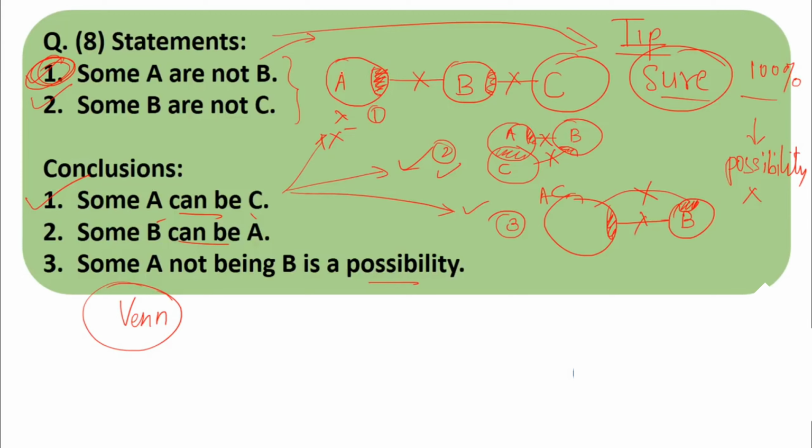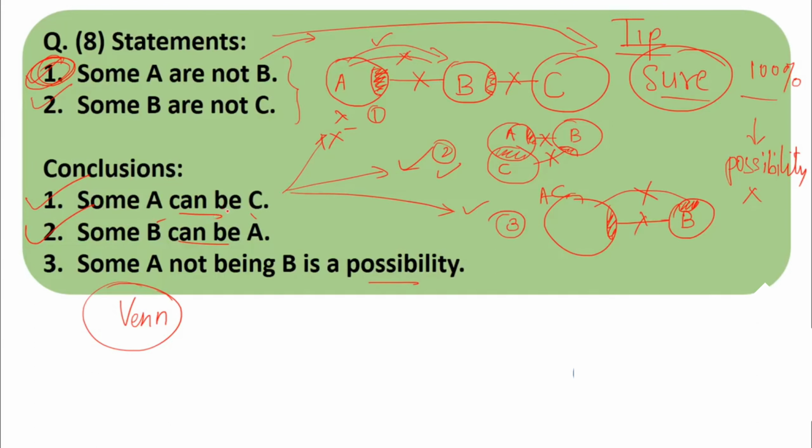Yes, it is possible. The rest of the part of A, which is this part, is not B, that is sure. But this part of A can be B or cannot be B. There is no guarantee. We are not sure. It is a possibility that this part can be B or related to B, or this part cannot be related to B. Anything is possible. So we can say that this possibility is true. Here it is possible, here it is not possible. So we got one possible, one not possible. So we can say that it is true.